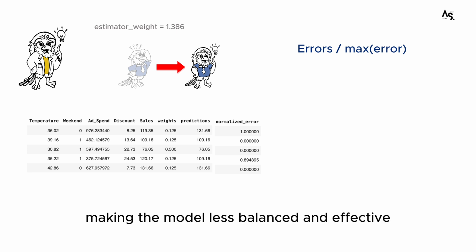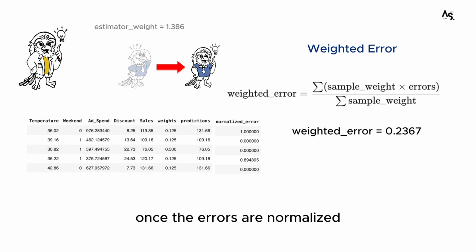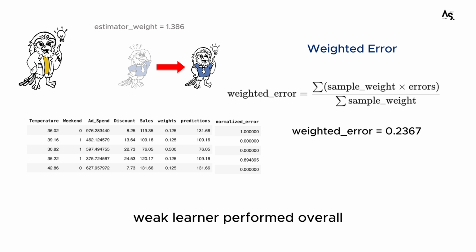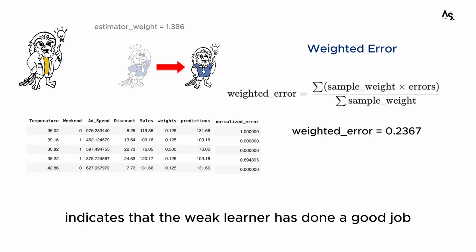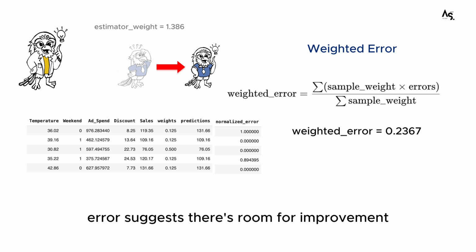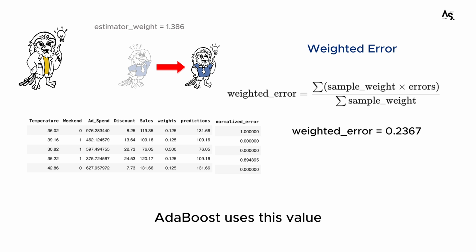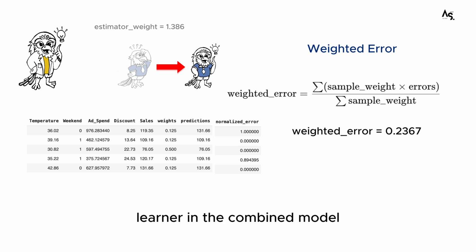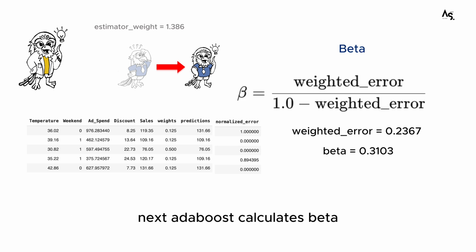balanced and effective. Once the errors are normalized, AdaBoost calculates the weighted error for the current iteration. The weighted error tells AdaBoost how well the junior detective weak learner performed overall, considering the importance of each sample. A lower weighted error indicates that the weak learner has done a good job, while a higher weighted error suggests there's room for improvement. AdaBoost uses this value to decide how much weight to assign to this weak learner in the combined model. Next, AdaBoost calculates beta,